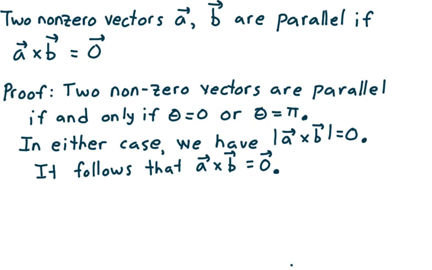Now, two non-zero vectors a and b are parallel if a cross b equals the zero vector. So this is a consequence of the previous theorem. Now, two non-zero vectors are parallel if and only if theta is 0 or theta is pi. I hope that makes sense, because if we draw a picture here,